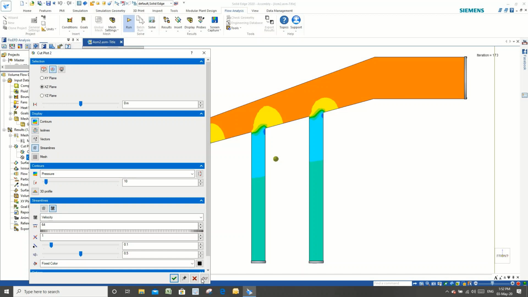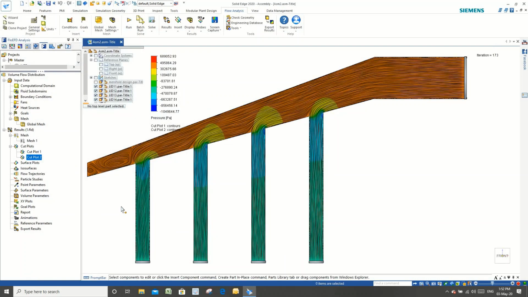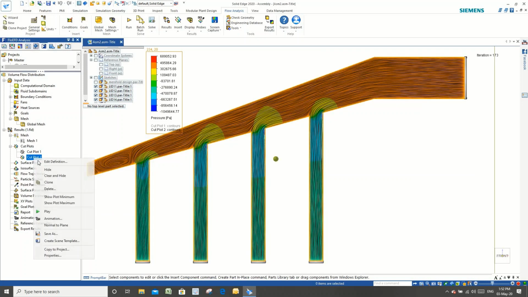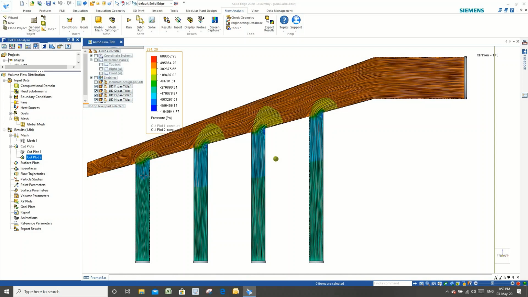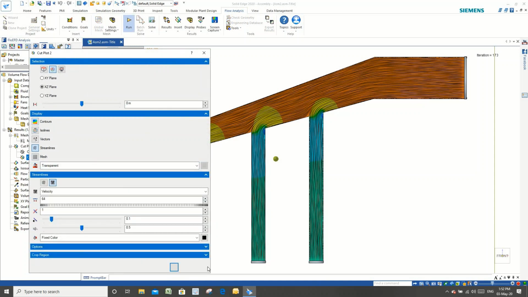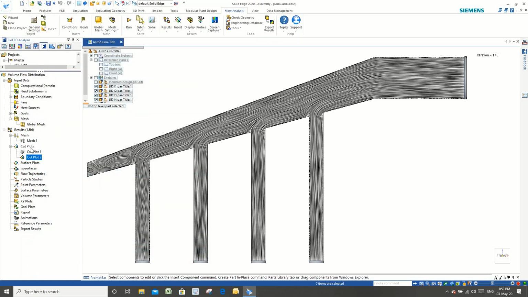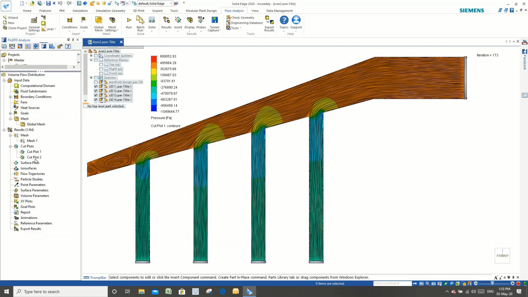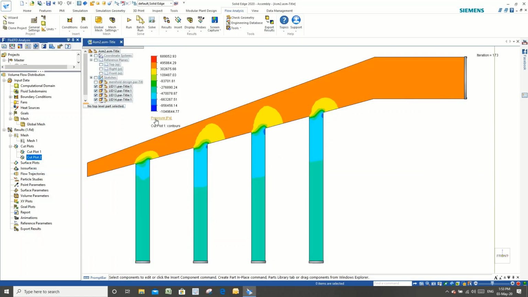Okay, now we have this option to clone the existing plot, so it will reduce your effort and time. You just have to apply additional things, like I want to see the streamline, and I want to remove the contour, or you can say hide the contour. So I can do that, and I can only focus on that streamline to see the turbulence areas. And you can see on the left hand side there is so much turbulence around it, and I can remove the contour here, and you can see the turbulence in a very beautiful way.